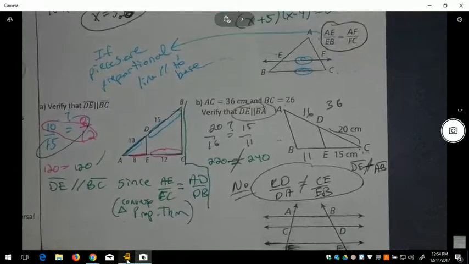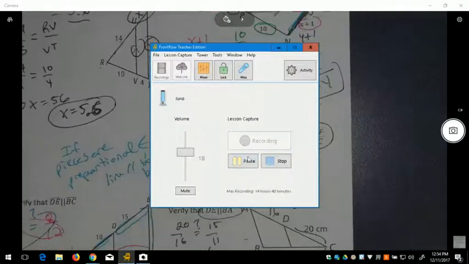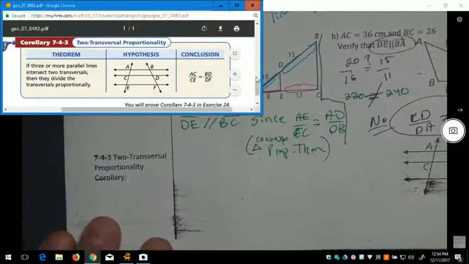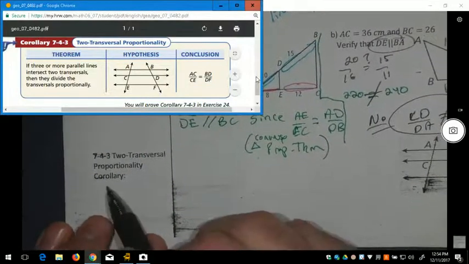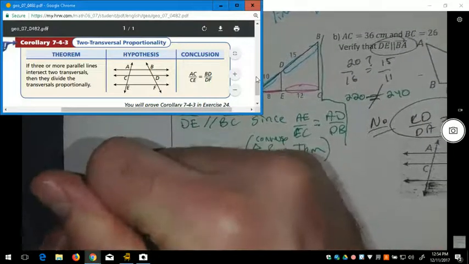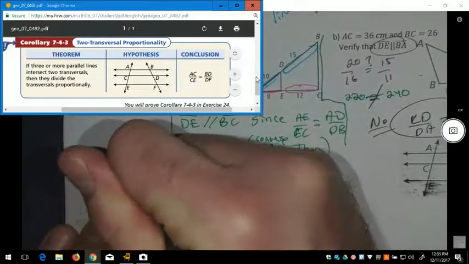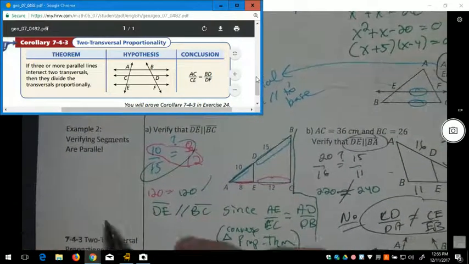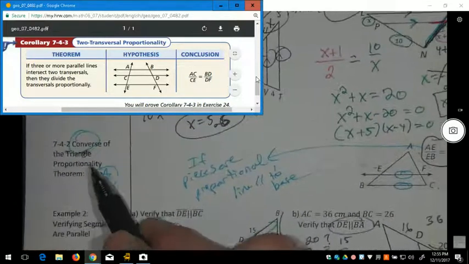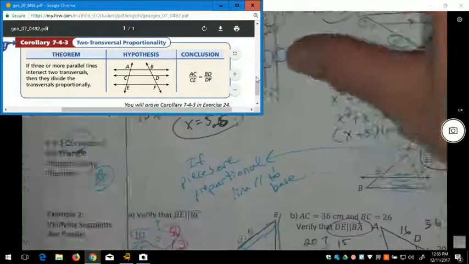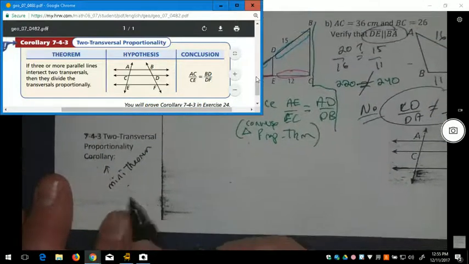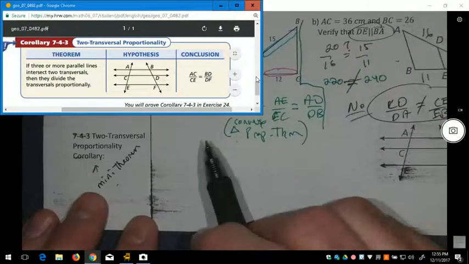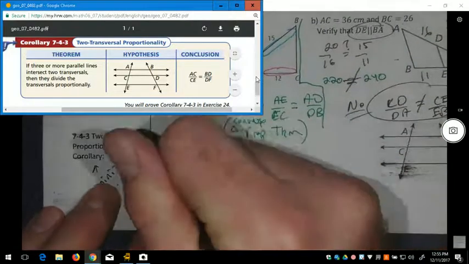And our last theorem for these notes is the two transversal proportionality corollary. A corollary is a mini theorem that is derived from a major theorem like the triangle proportionality theorem or its converse. In fact, we're looking at the converse derived from the proportionality theorem. And this says if three or more lines